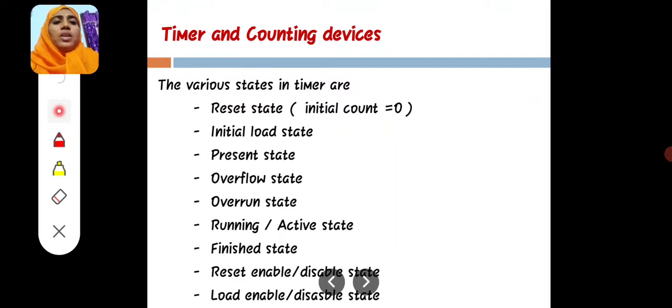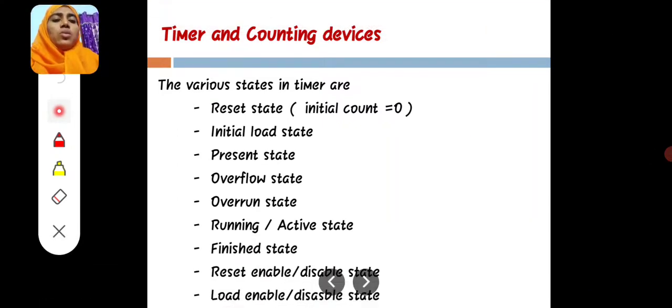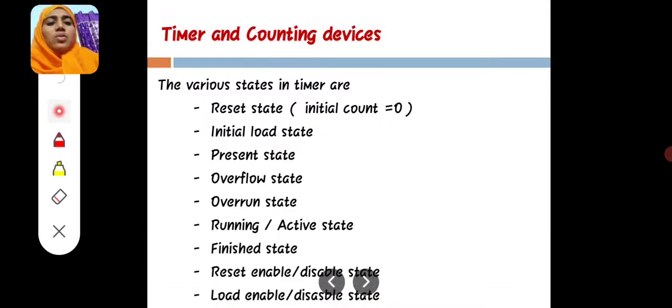So we have different states. Reset state: if we want an initial state, from 0, we can start from the reset state. Next one, initial load state. If you want to count from 10 or from 20, we can load that data, to know how many events can happen in that time period. Then preset, which will give the info.